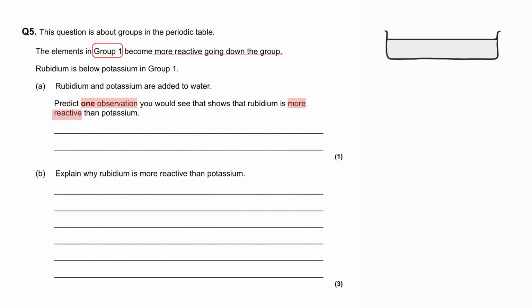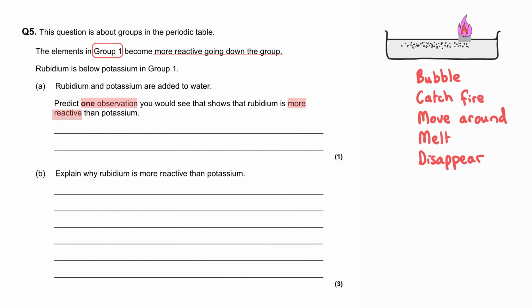Observations that we make during a chemical reaction are things that we would notice with our senses. And when you put the group 1 metals, the alkali metals, in water, they bubble, they possibly catch on fire, they move around, and they might get smaller and smaller and seem to disappear as they react. Now, if we are wanting to show that rubidium is more reactive than potassium, we must use comparative language when